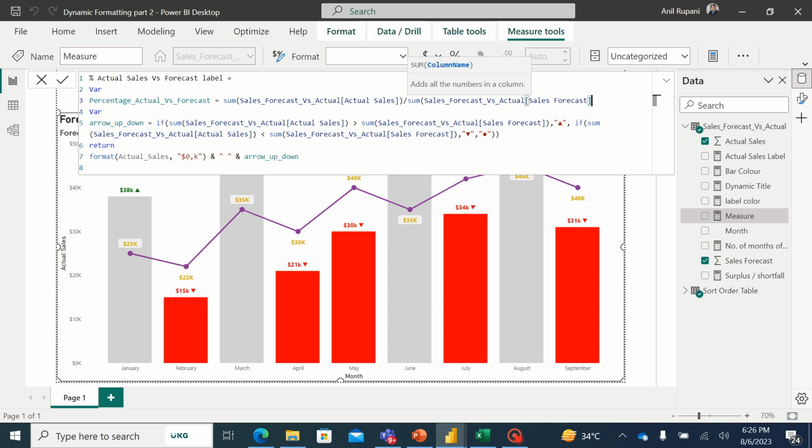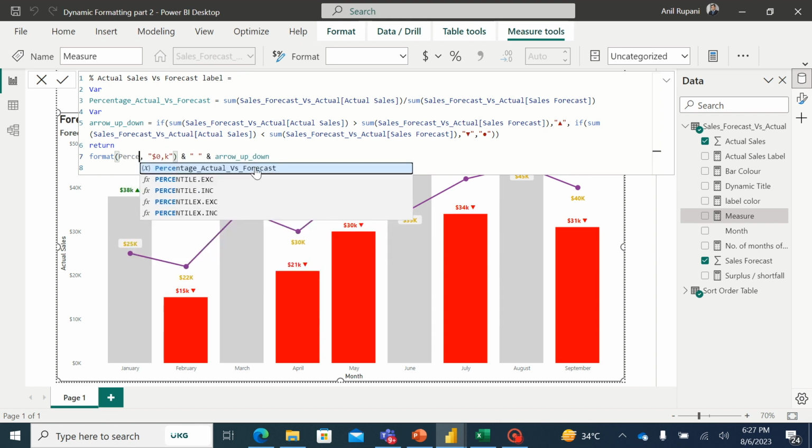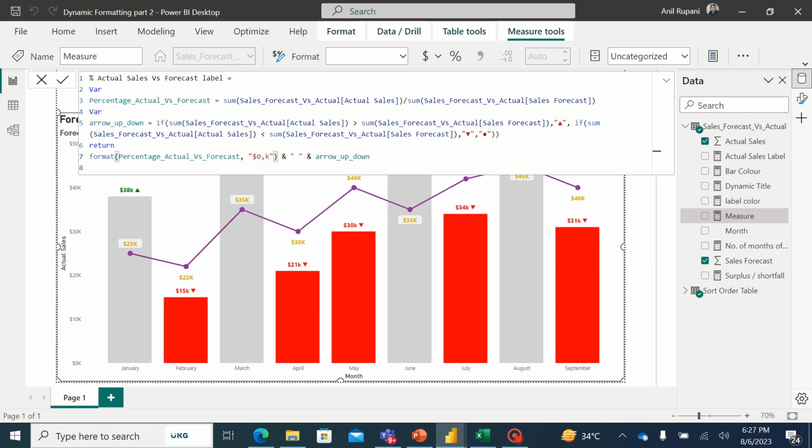My second variable would remain same, arrow up and arrow down. In format, I would use percentage actual versus forecast, and here I would use the percentage format. So that would be 0 percentage, and arrow up and down would remain same. I will hit enter,